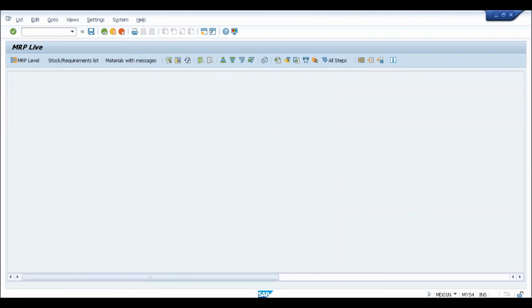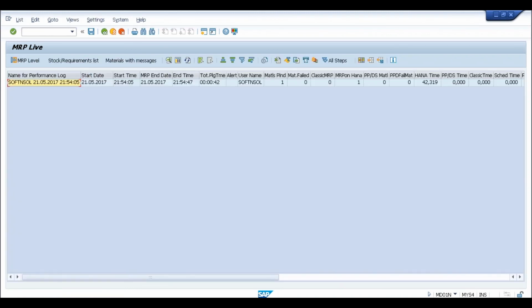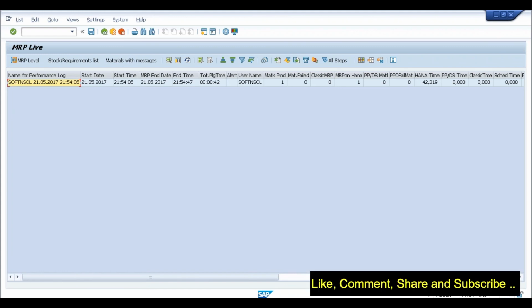It is not a huge time, but you will realize the benefit only if you are planning more than 30-40 materials. For example, if you plan 30 materials using MD01 and the same materials using MD01N, it is not necessary that 30 is a fixed number, but I'm just giving you an example. It may happen that your normal MD01 will be faster compared to MD01N.